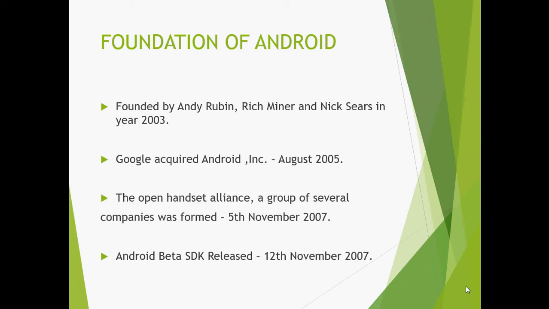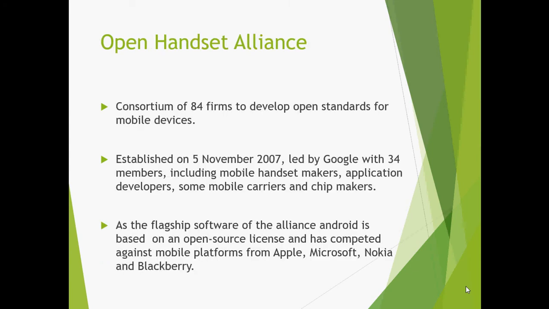Firstly, what is actually Android? Android is basically a mobile operating system based on modified version of Linux kernel. It provides a rich application framework that allows us to build innovative applications and games for mobile devices in a Java language environment. It is basically a software stack for mobile operating system and it is under development by Google and Open Handset Alliance.